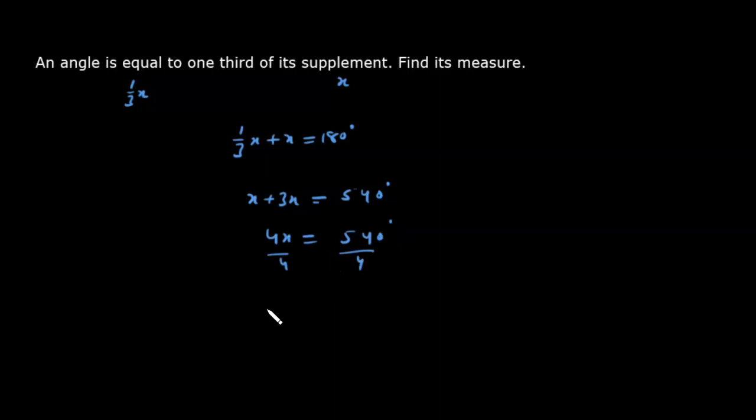An angle is equal to 1/3 of its supplement. Find its measure. Suppose we take the supplement angle as x, then the angle is 1/3 of x. Now because these are supplementary angles, if we multiply all the terms by 3, we get x plus 3x equals 540 degrees, or 4x equals 540 degrees. Dividing both the sides by 4, x is